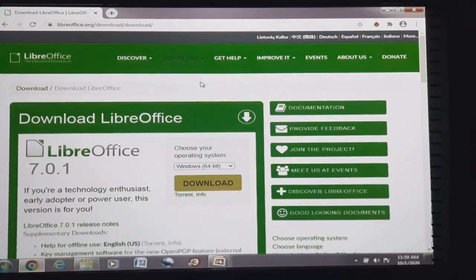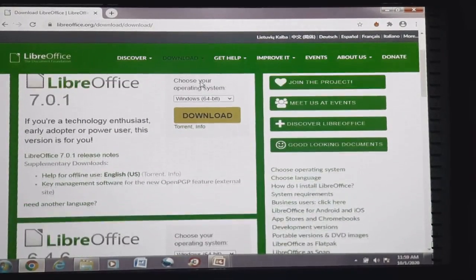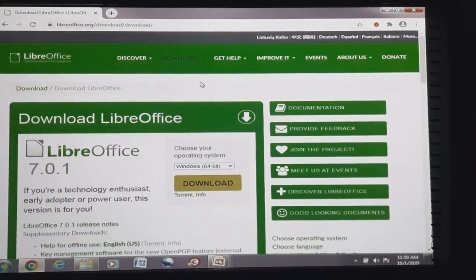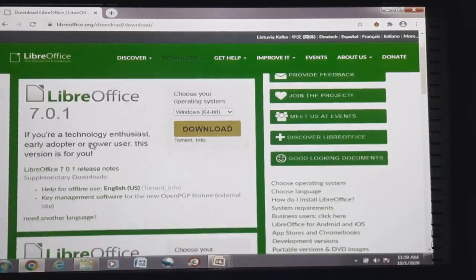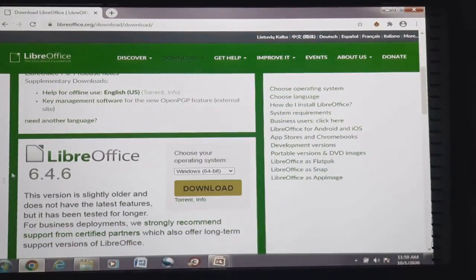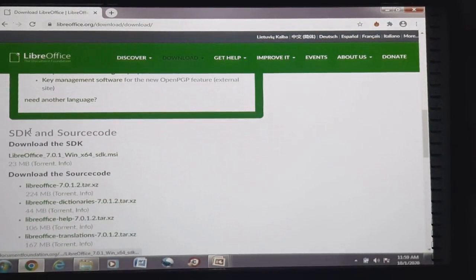Click on this and then see, there are different versions showing. There are different versions of LibreOffice shown on this particular page. The first one is LibreOffice 7.0.1, then the second one is 6.4.6. Then these are SDK and source code. SDK and source code we don't need here, because we are not going to modify the programs inside this LibreOffice application.